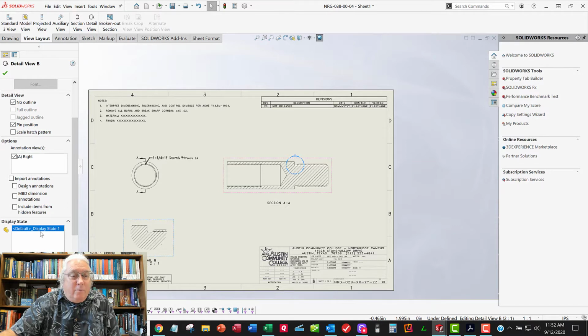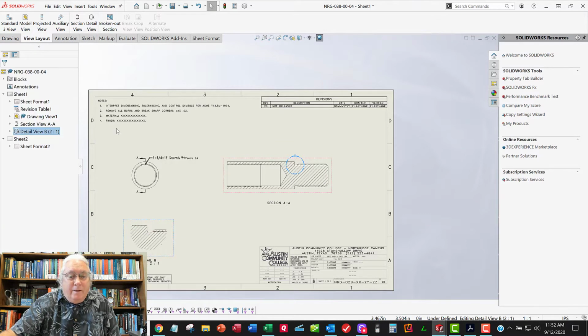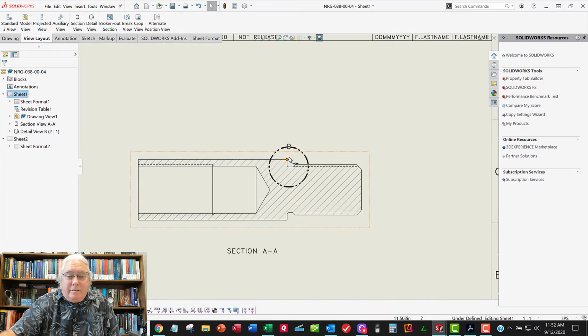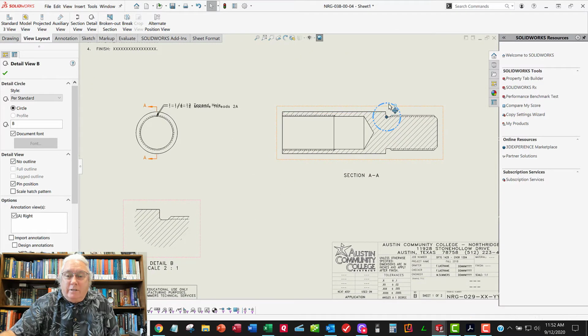And so that seems reasonable. Solidworks has decided I want a, what scale? 2 to 1 scale, so that seems reasonable. That's a pretty good size there where I can add the dimensions I want. And again, this is all parametric. It's got a letter there, and I can change the size of the circle, and you can see what happens in